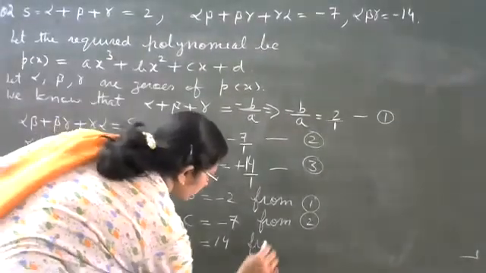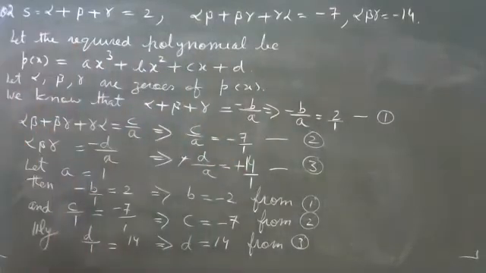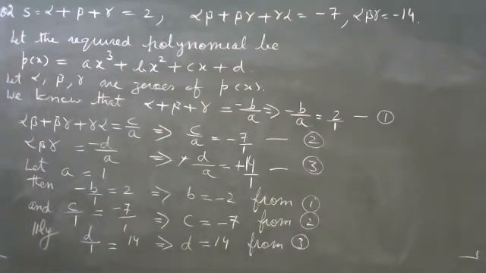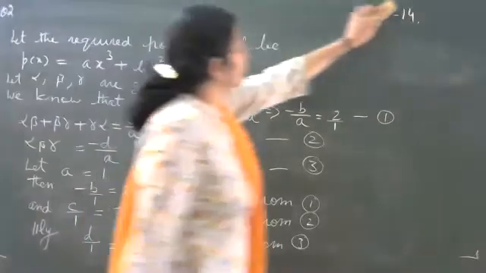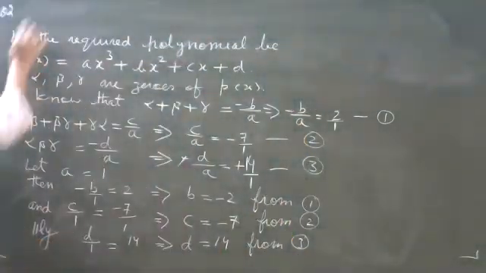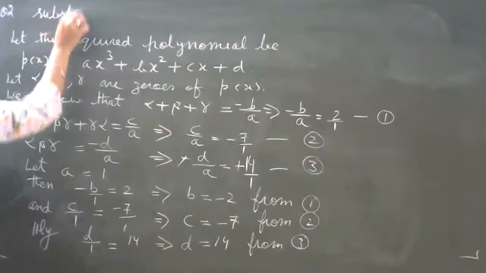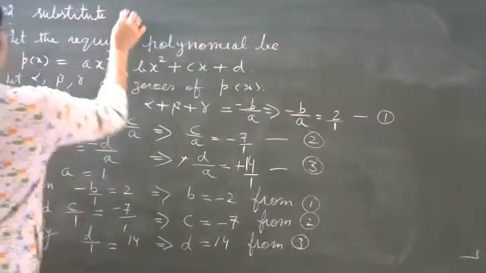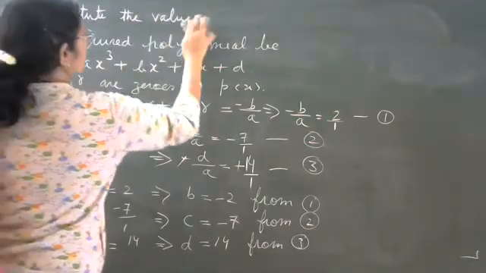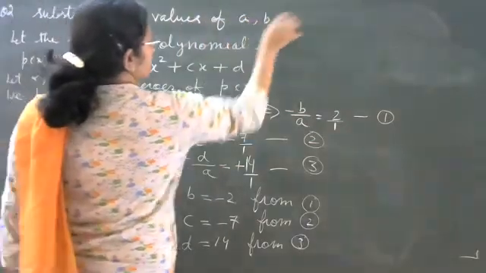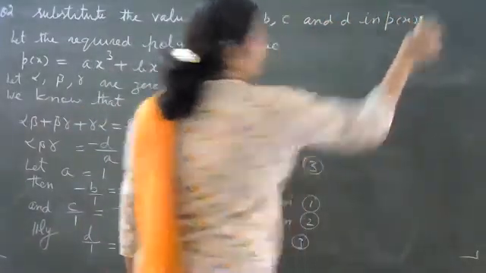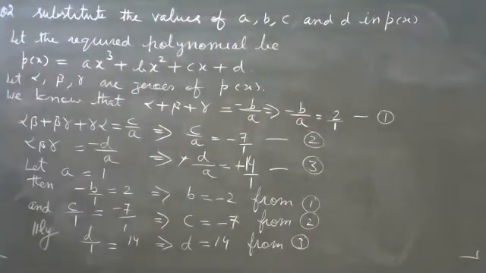So from equation 3. Now put all these values of a, b, c and d in Px. ठीक है, इनकी वैल्यू सब्स्टिट्यूट कर दी, तो आपके पास Px की वैल्यू क्या हो गई,